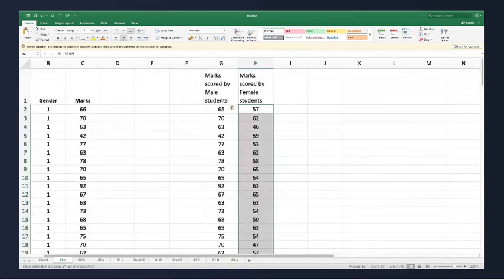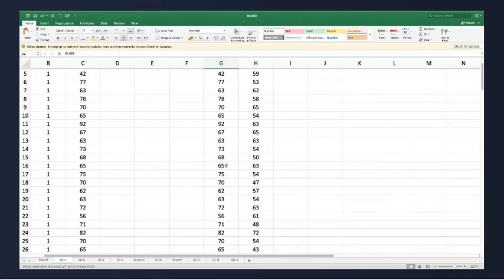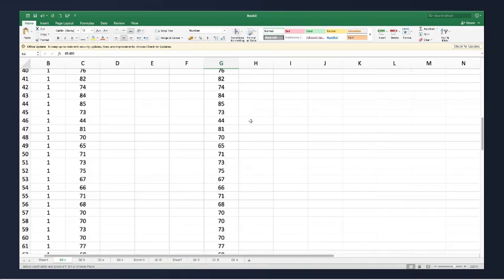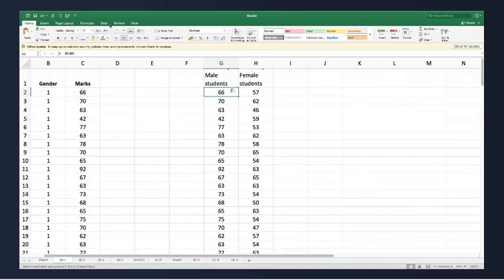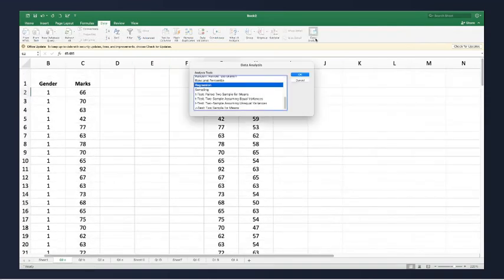Now I will run a t-test because the t-test asks me to run my test in this manner, right? So first I'll go to the Data tab, Data Analysis. I'll select t-test with unequal variances because I don't know whether I have equal variance or not. I have not calculated it, so I'm running it very simply. Two-sample assuming unequal variance. I don't know what the variance is for my sample, so this is the safest test.